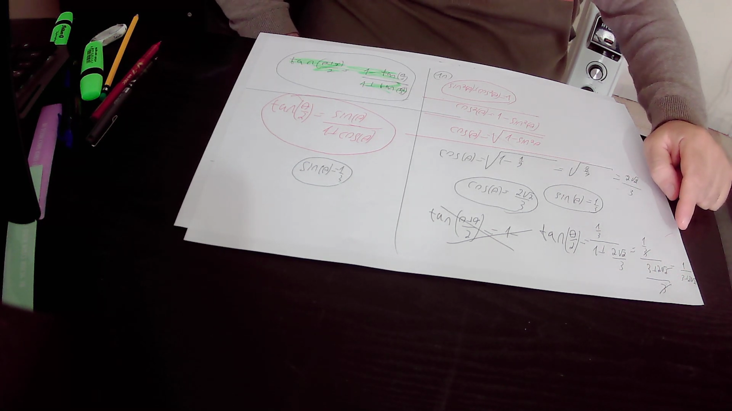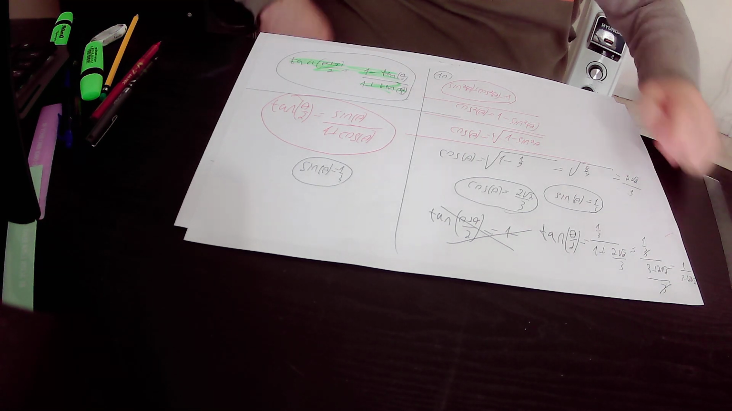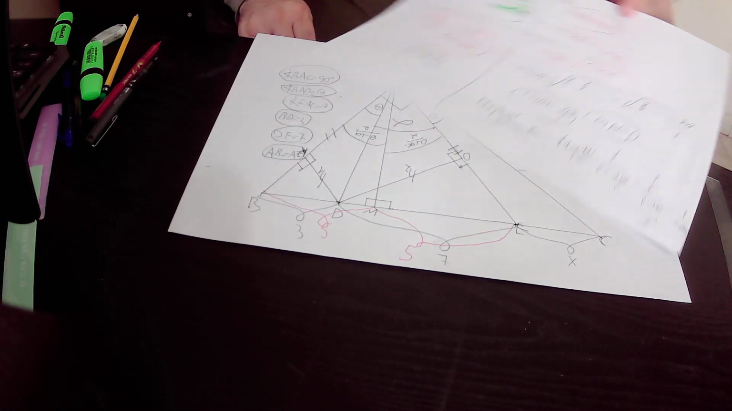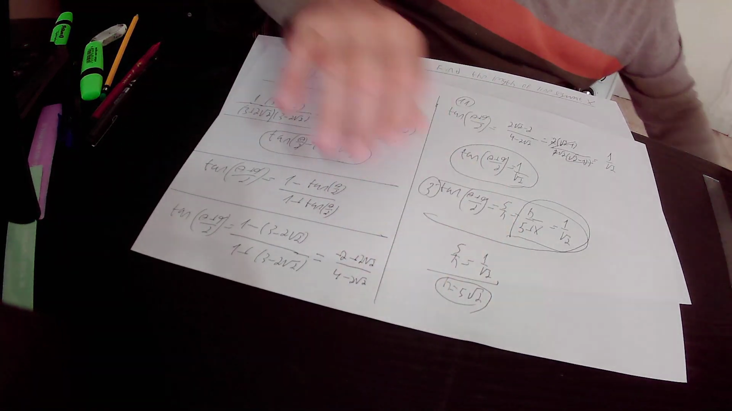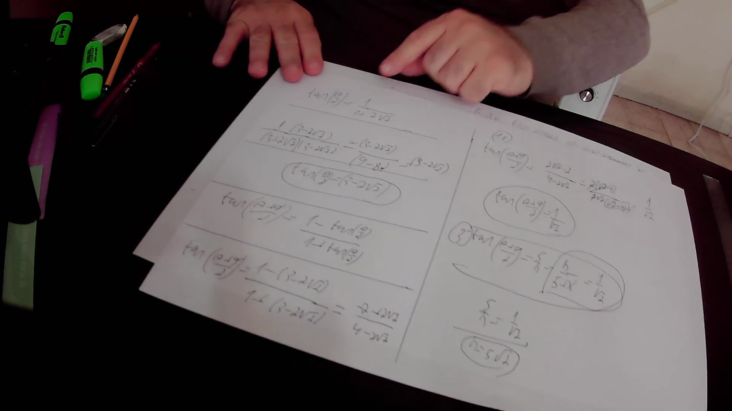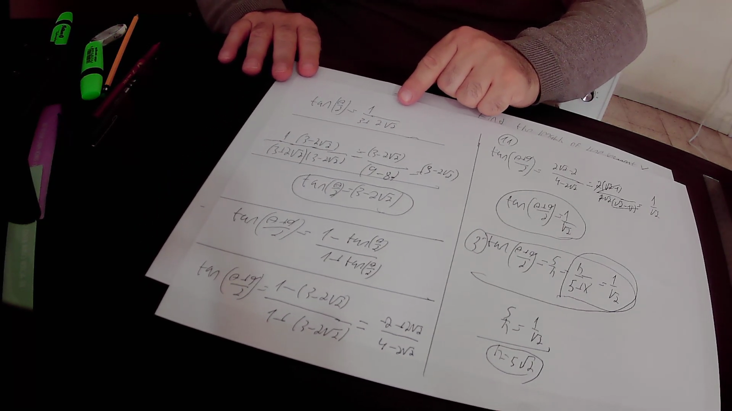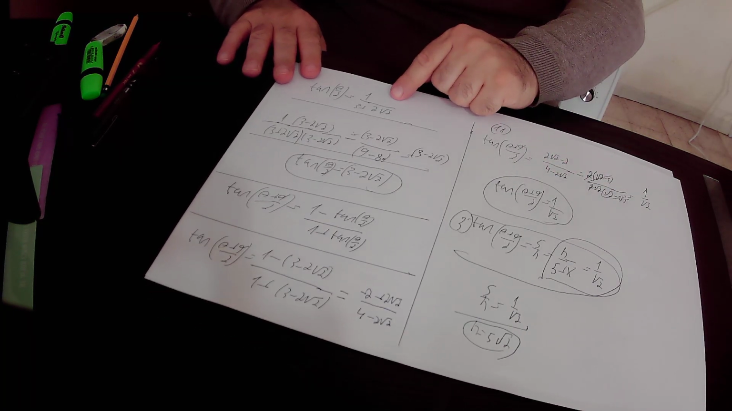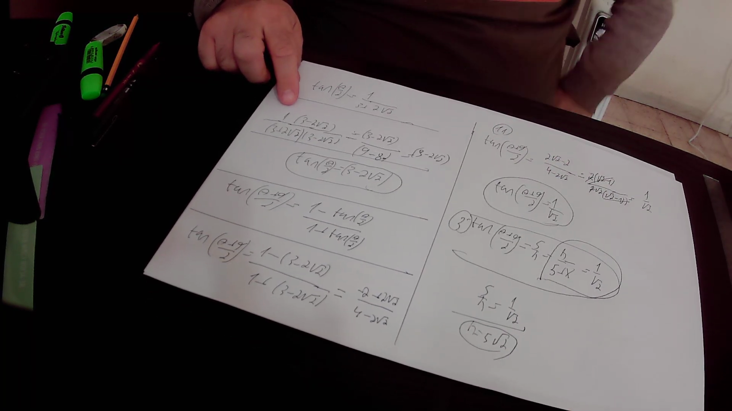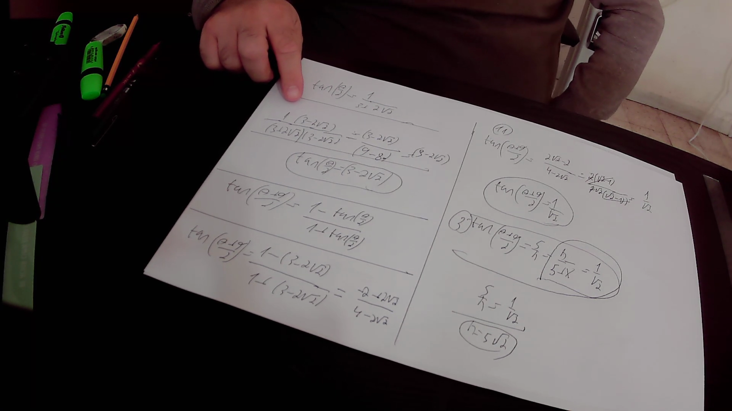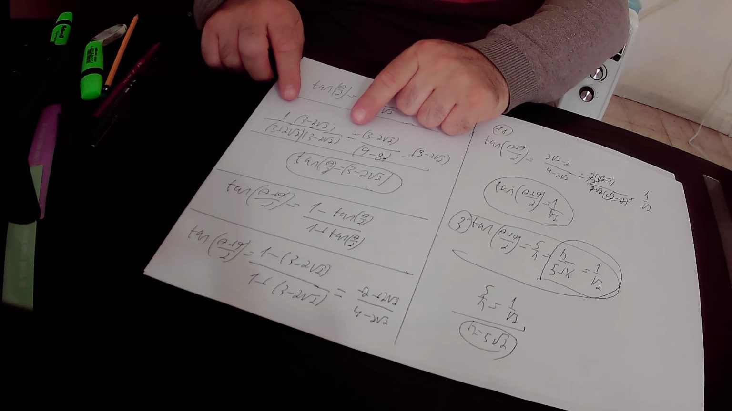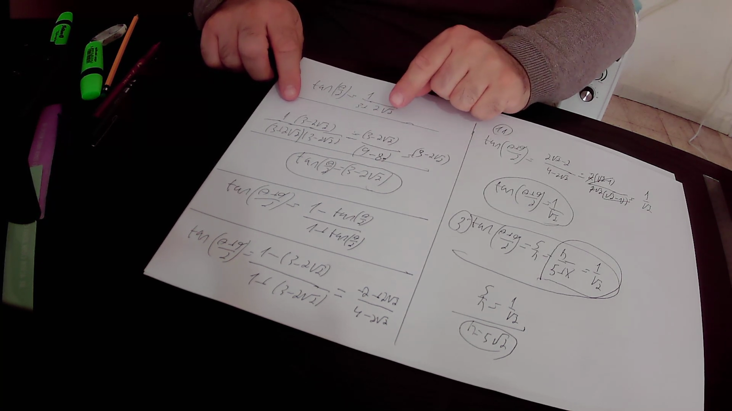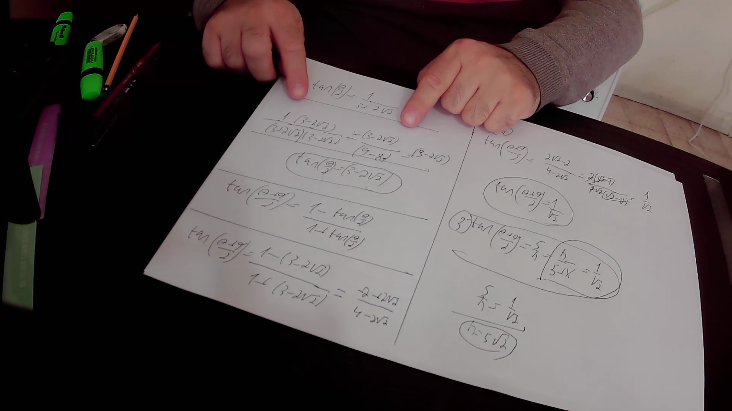And in conclusion, we found out that tangent theta over 2 equals 1 over 3 plus 2 times square root of 2. Here we simplified this expression by multiplying it by 3 minus 2 times square root of 2, and then we divide it by 3 minus 2 times square root of 2. So in the numerator we have 3 minus 2 times square root of 2, and in